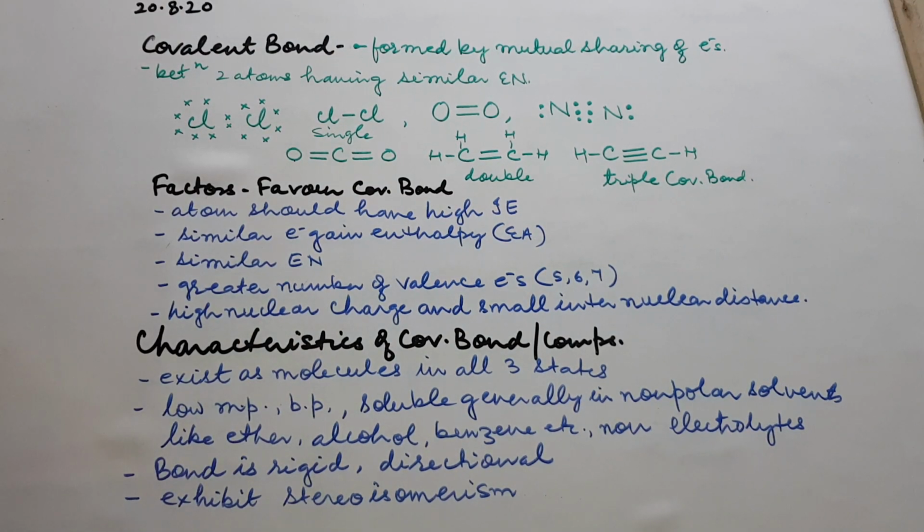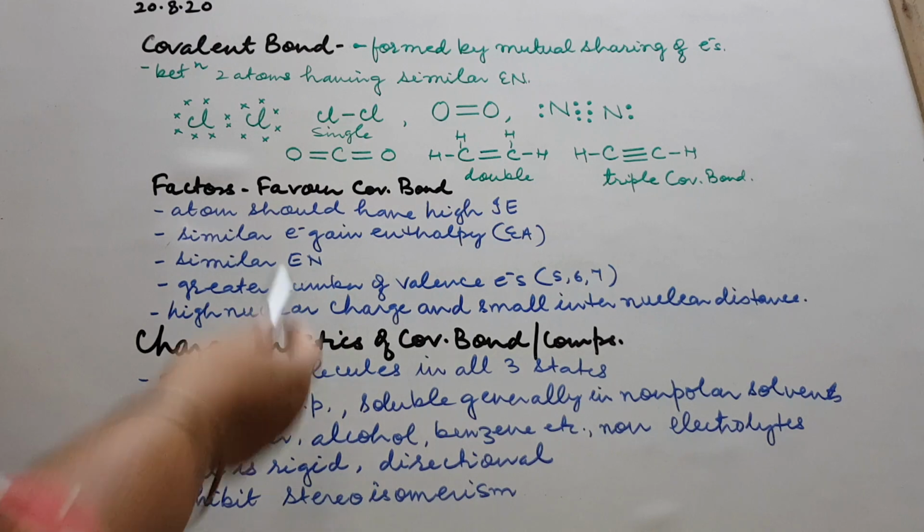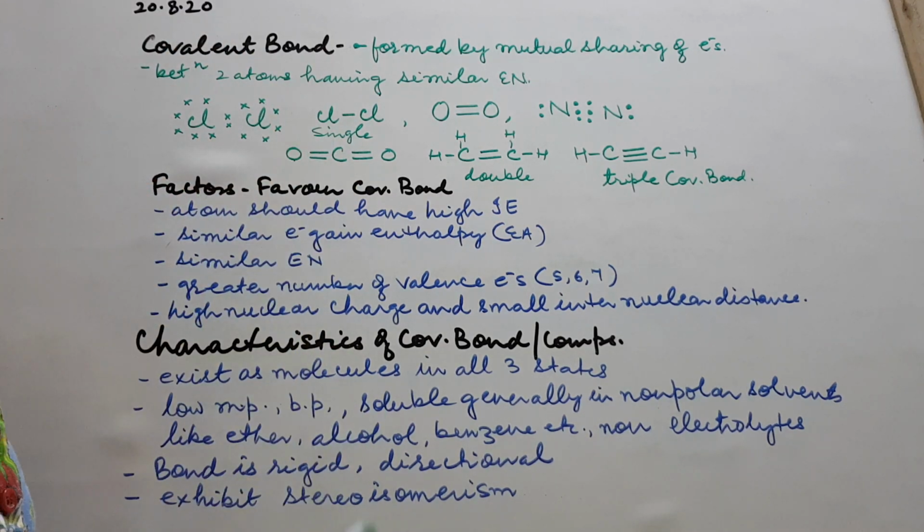First point. Number two, what type of bonds? Normally we do say it is formed between two non-metallic atoms, but children, it is between two atoms having similar difference of electronegativities and most commonly non-metallic atoms. I repeat, that too having almost similar values of electronegativities. Better if they have the same, if not same, then almost similar, but not having large difference of electronegativities, because if they have the large difference of electronegativities, then they will prefer to form ionic bond.